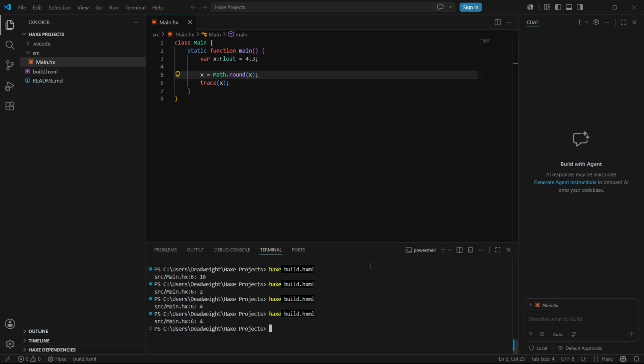But what if you wanted to round it up instead of rounding it down? You can do this with the ceiling function. Let's replace the math.round with math.ceil, save, and when I build the program, it prints 5 because the program rounded it up despite rounding down